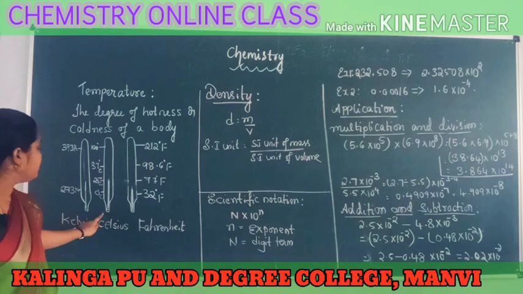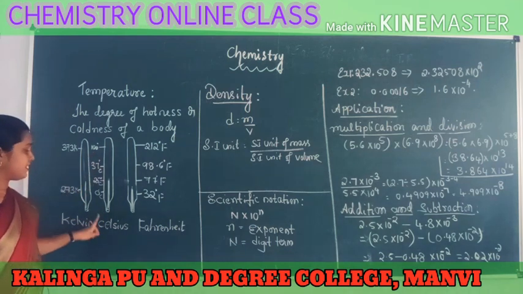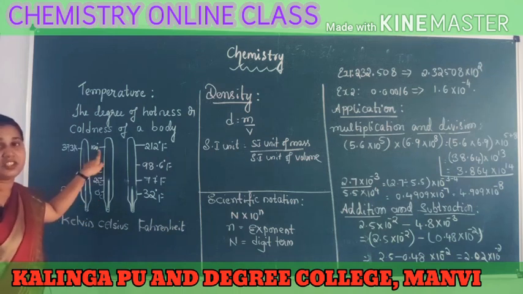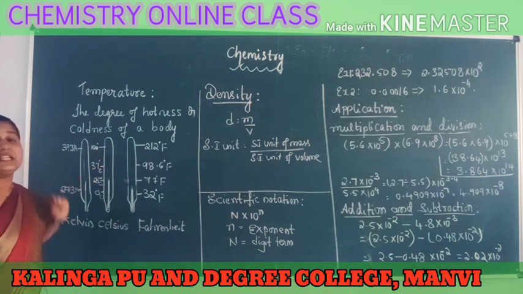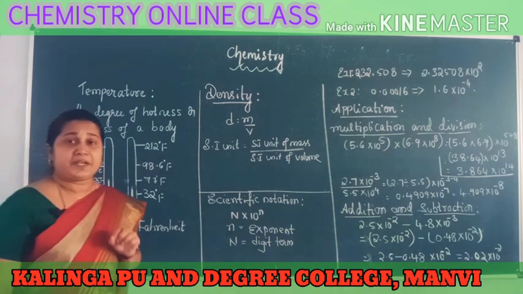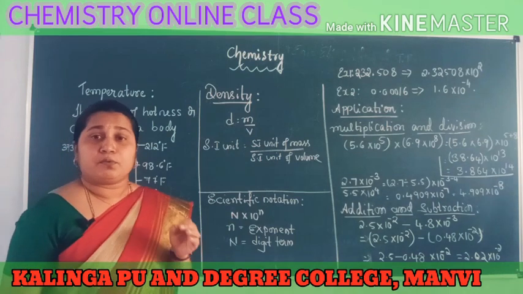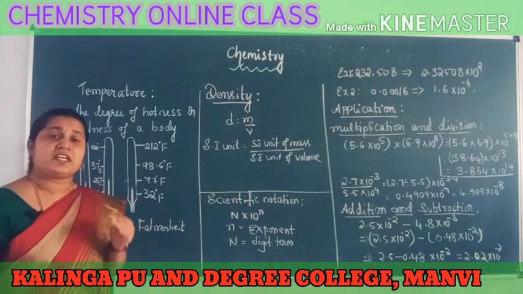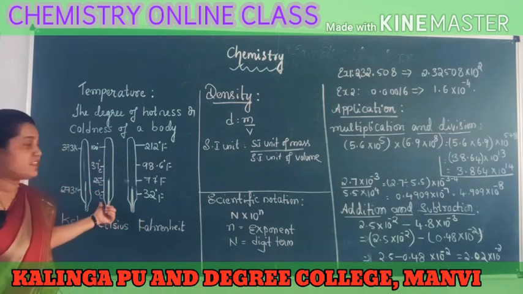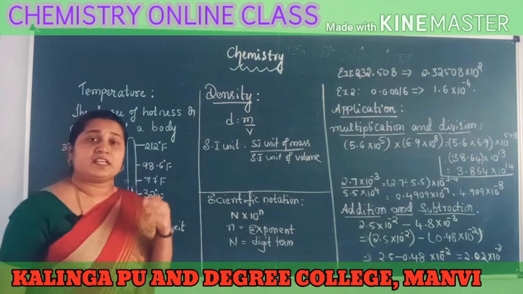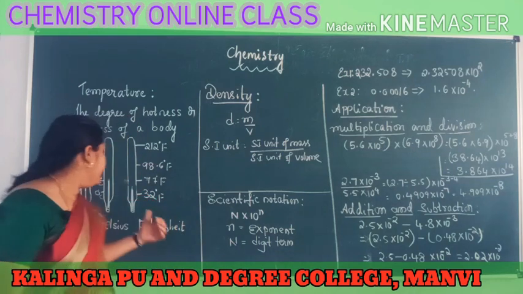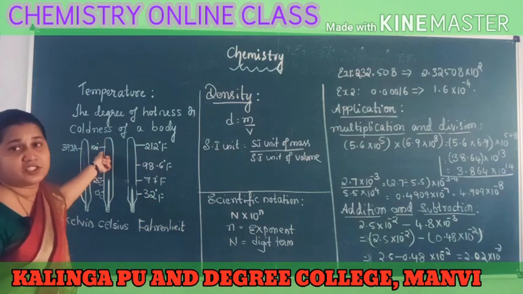First, let us move to the Celsius scale. In the Celsius scale, you can see there are readings which start from 0 degree centigrade and go up to 100 degree centigrade. What are these 0 and 100 degree centigrade? These are the temperatures of the freezing point and boiling point of water. The freezing point of water is taken as the low temperature in the Celsius scale and the boiling point of water is taken as the highest reading. So the Celsius scale is calibrated from 0 degree Celsius to 100 degree Celsius.